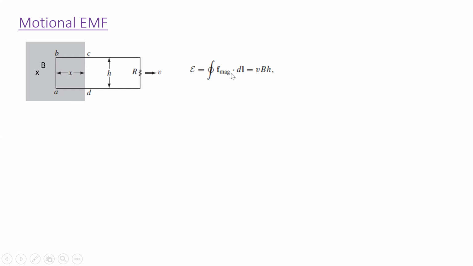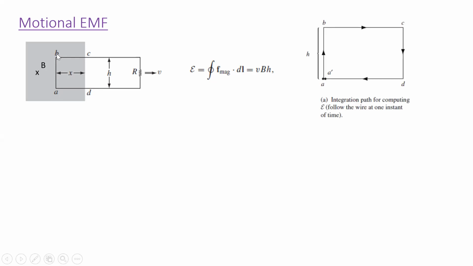The force per charge would just be VB, where V is the velocity and B is the magnetic field. And then the length here is H, because it's this side which is experiencing the force between points A and B here. So the EMF here induced, the motional EMF, is VBH. The integration path here, notice,